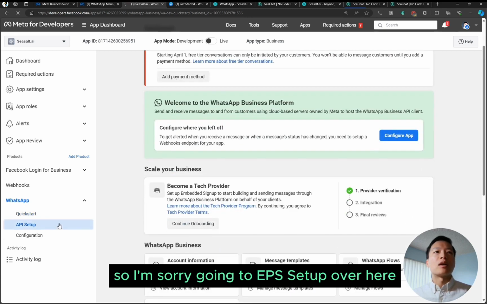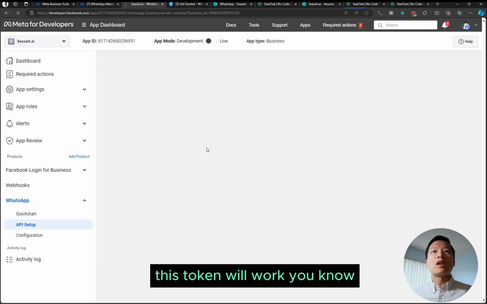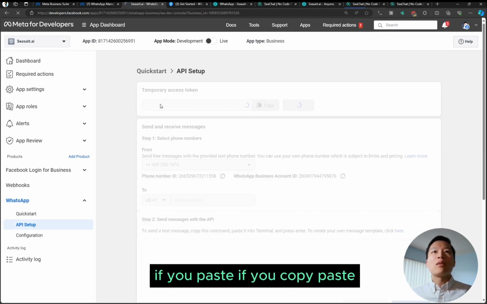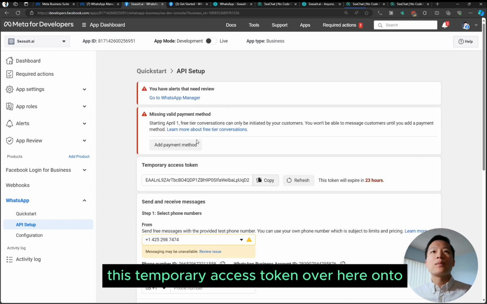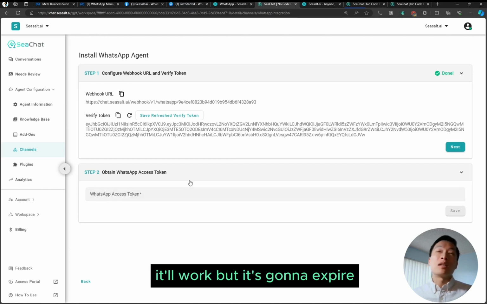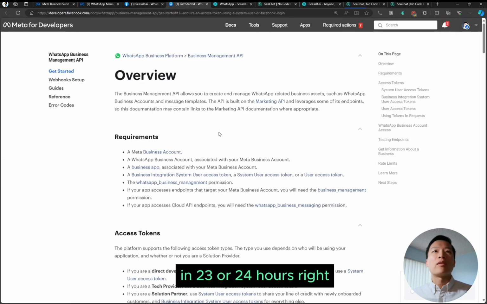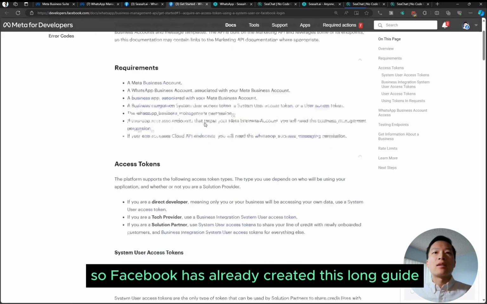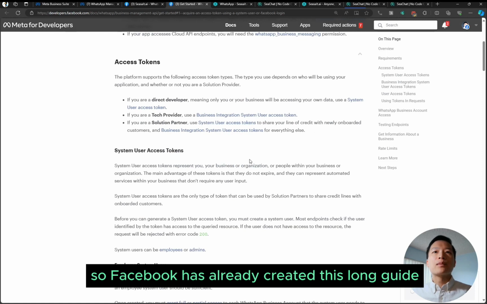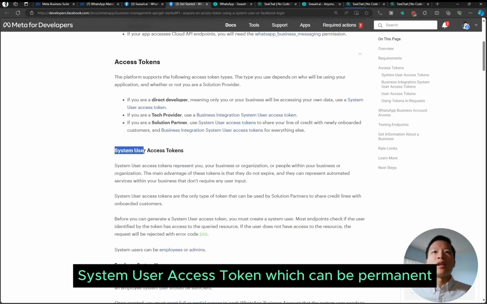This token will work if you copy paste this temporary access token over here onto the CChat configuration page, right? It'll work, but it's gonna expire in 23 or 24 hours, right? So Facebook has already created this long guide to ask you to create a system user access token, which can be permanent.